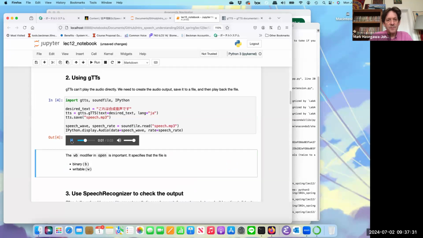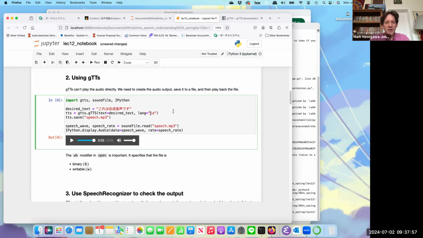これは合成音声です。 Okay, so please, in your notebook, change Librosa to SoundFile. You can use Librosa if Librosa works for you. For some reason, Librosa is not working right now with my computer setup, and so that's a problem that I need to fix. But if Librosa doesn't work for you, then you can use SoundFile, soundfile.read instead of librosa.load. And that's just so that you can read in the audio file that's created.